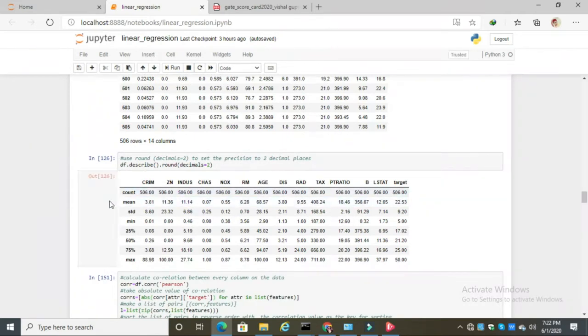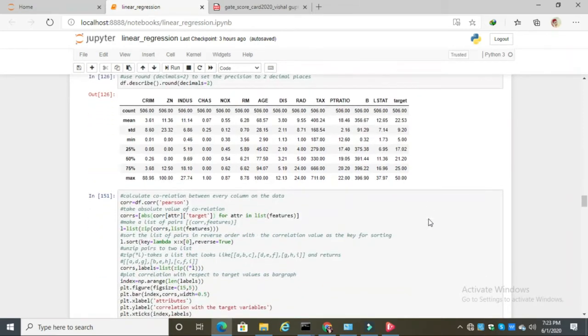See, we are getting the output of count, mean, standard deviation, minimum value, 25%, 50%, 75%, and this is the maximum value of various features having CRIM, ZN, INDUS, CHAS, NOX, RM, AGE, DIS, RAD, TAX, PTRATIO, B, LSTAT, and target.